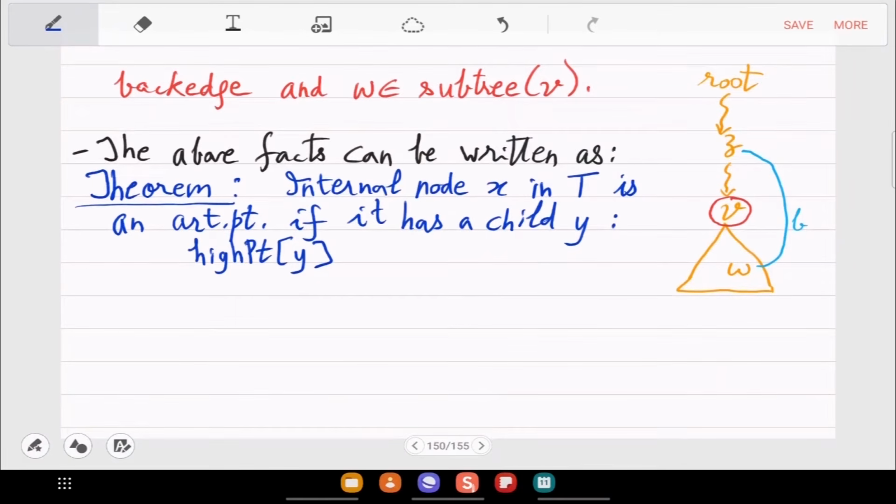Yeah, simply an inequality. Give me an inequality. Compare high point with DFN. X is an articulation point if and only if high point is greater than or equal to, right? It's greater than or equal to DFN of X.